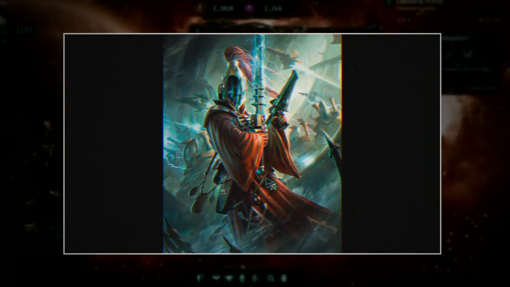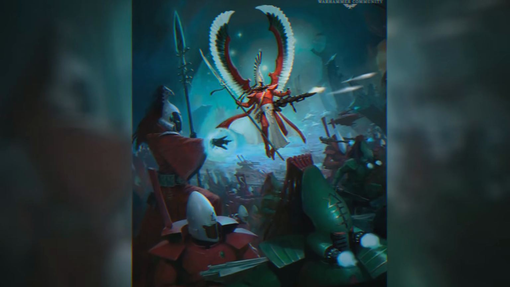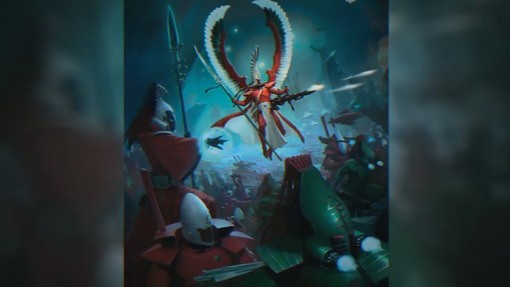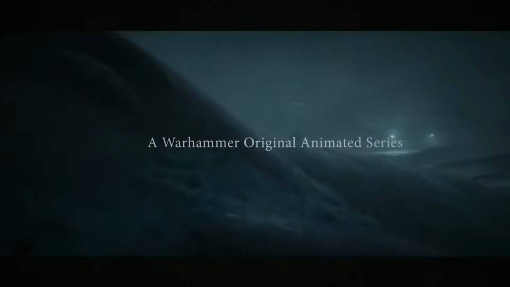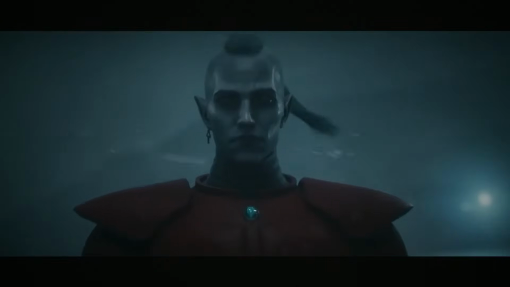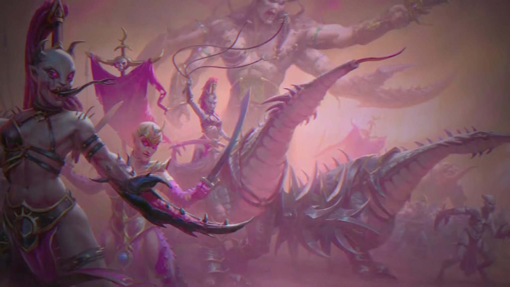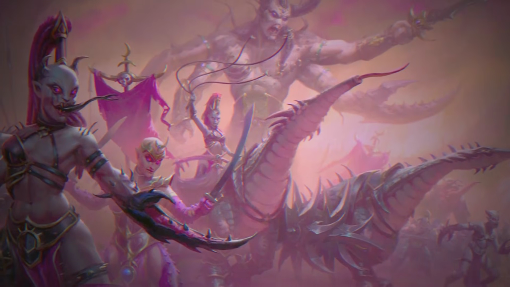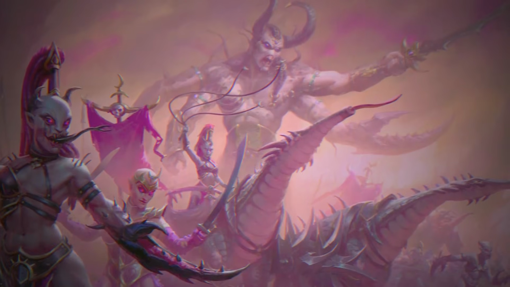Their society, once a beacon of intellectual and artistic achievement, became a vast, interconnected network of self-indulgence and spiritual decay. The ancient traditions and philosophical principles that once guided them were discarded in favor of immediate gratification. The Eldar, once masters of their own destiny, were now slaves to their own insatiable appetites, unknowingly hurtling towards an unimaginable catastrophe born from their own hubris. The whispers of Slaanesh, still faint but growing, began to permeate their dreams and influence their waking thoughts, subtly pushing them further down the path of self-destruction.